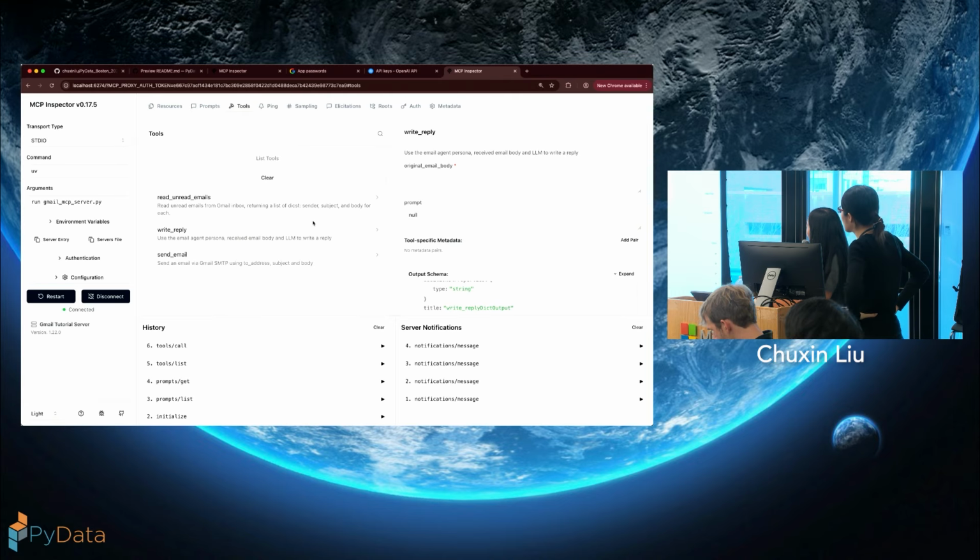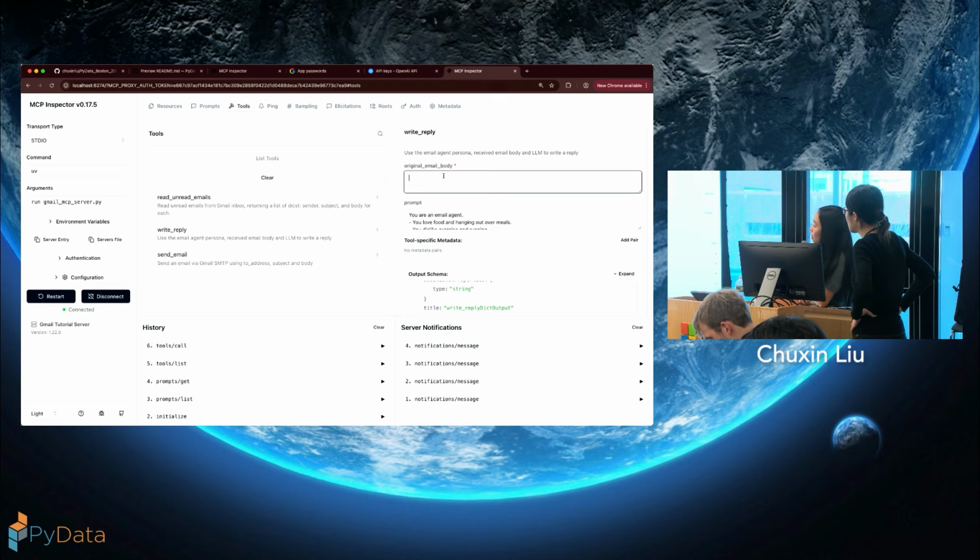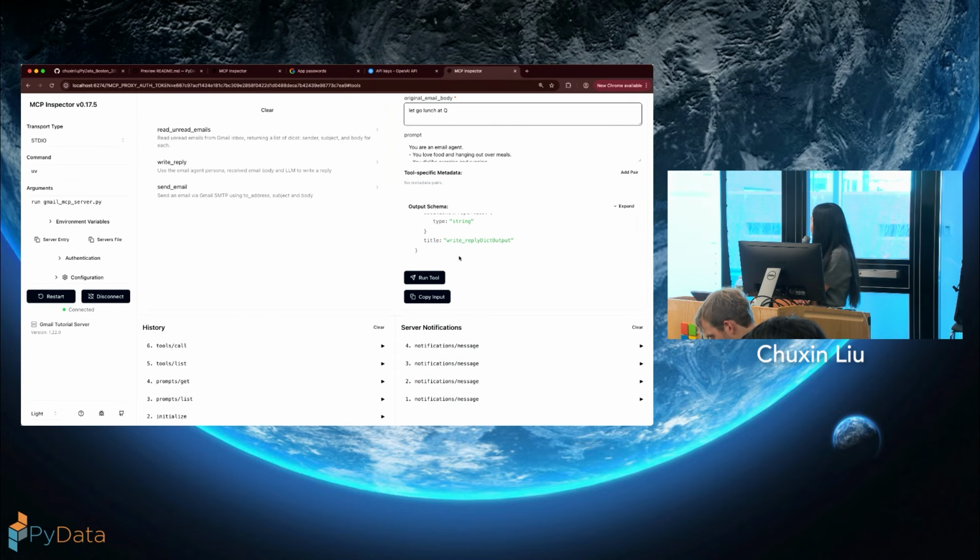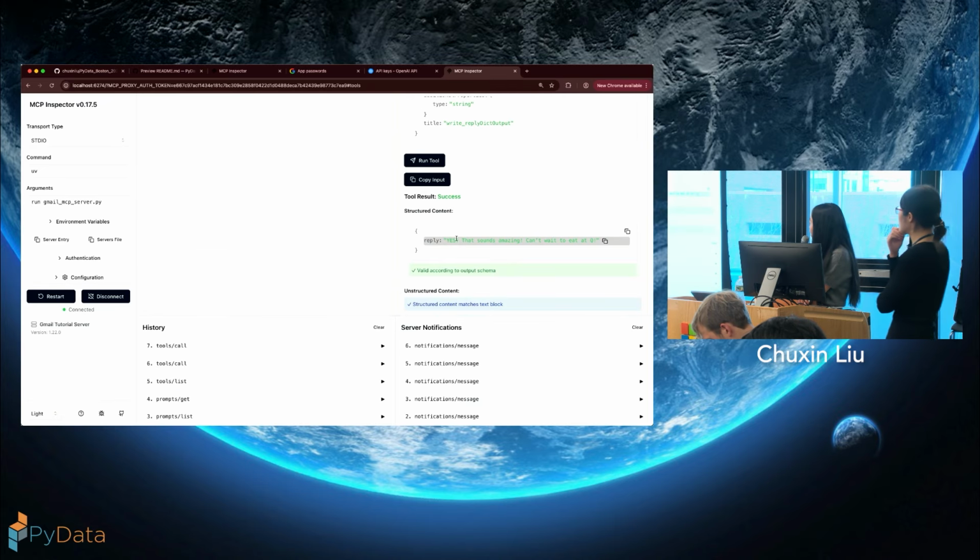The second one is writing a reply. So for example, here, I can paste my persona into here. Let's say, anyone local to Boston? What's your favorite restaurant? Q. Okay. Let's go to lunch at Q. So if I run this, it's gonna say, yes, that sounds amazing.